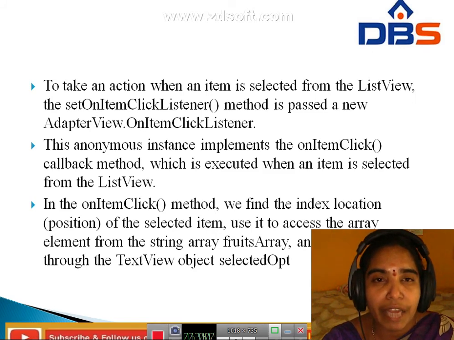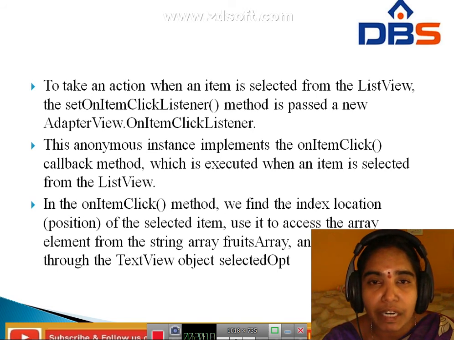Next, to take an action when an item is selected from the list view, we use the setOnItemClickListener method. By using this OnItemClickListener method, we take the action when an item is selected. It is passed a new AdapterView OnItemClickListener method. This anonymous class implements the onItemClick callback method.